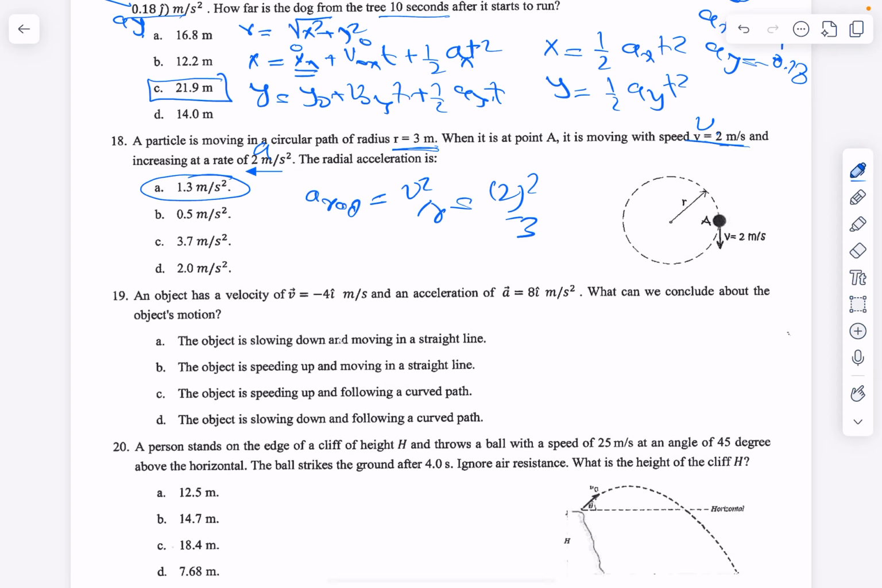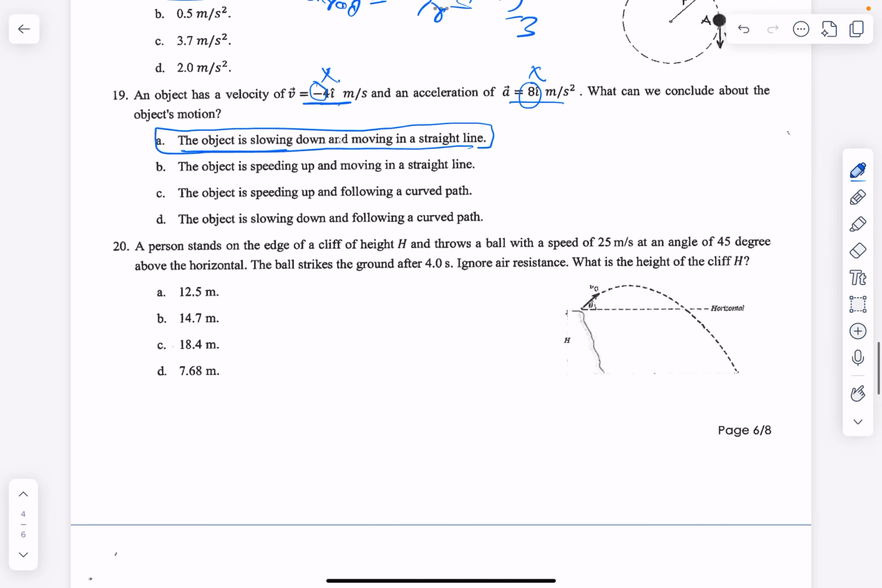An object has a velocity in the x direction, and acceleration in the x direction. What can we conclude about this? So velocity is negative and acceleration is positive. The object is slowing down and moving in a straight line. So the correct option is